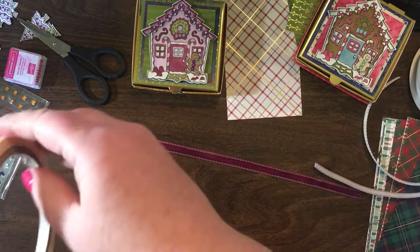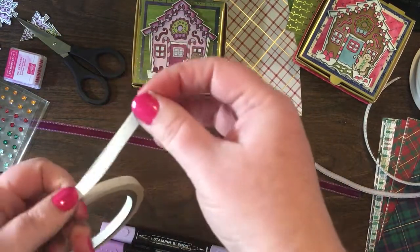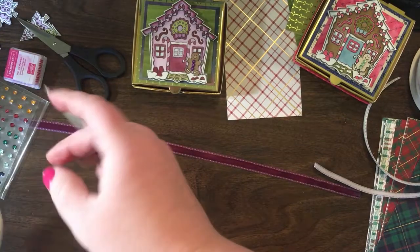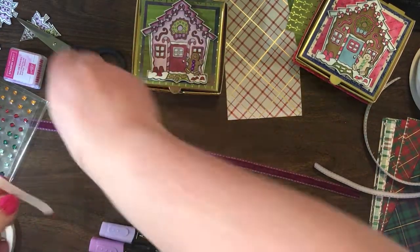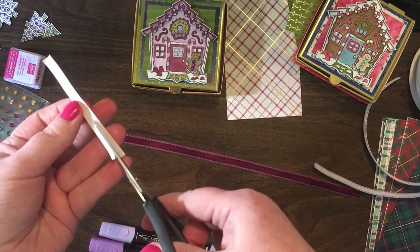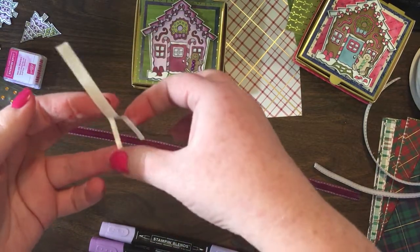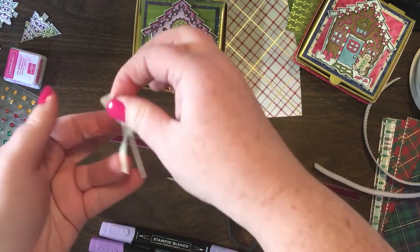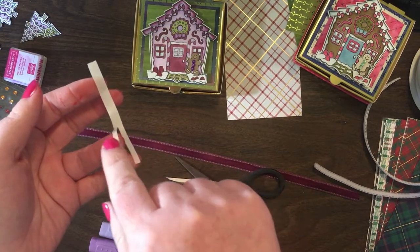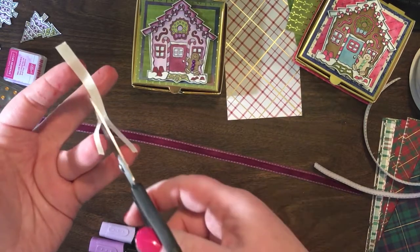Another thing that I wanted to show you is when you're working with strips of the tear and tape like I am, if you ever find yourself in a pinch and you find that the tear and tape is a little too thick, and you decide to cut the strip in half, because it's really good adhesive, it can get really sticky. So a good tip for how to handle this would be just cut a little snip and then put one strip on one finger, put another strip on another finger, and that way you can keep it separate as you